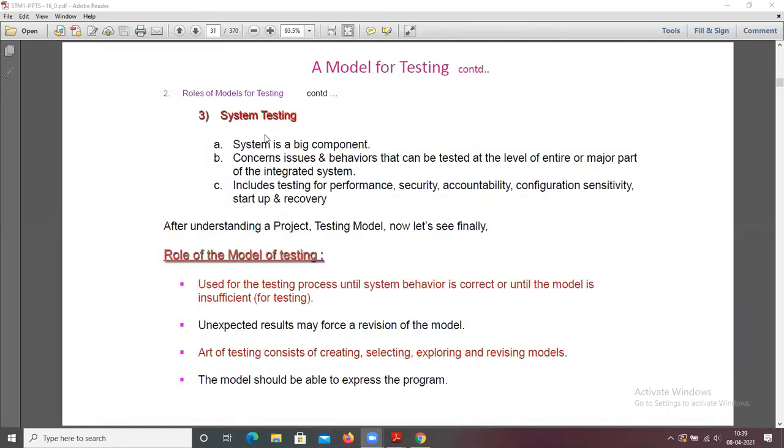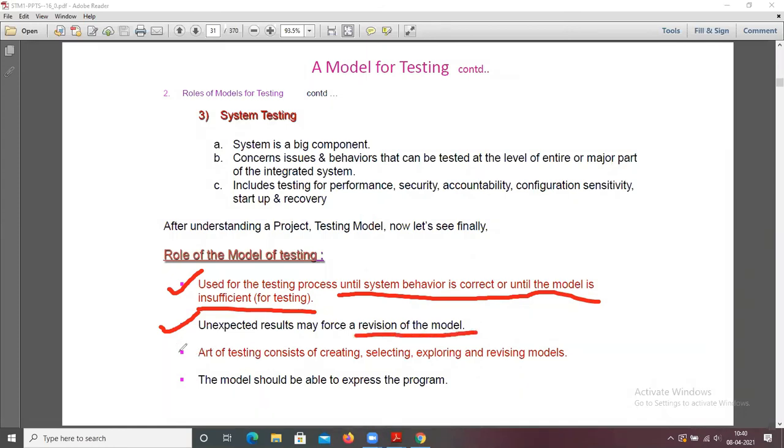Now we discuss each point one more time. The model is used for the testing process until the system behavior is correct or until the model is insufficient for testing. Unexpected results may force a revision of the model. That means if you are not getting the exact results even when you run more test cases, then you are going to force a revision of the model.